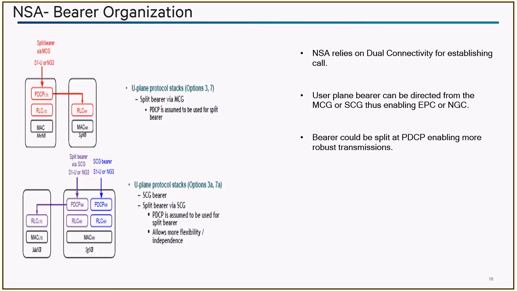So Mayur, SCG and MCG, both bearers can be split or only one bearer can be split? You can do split bearer via either MCG or SCG. If you take release 12 LTE, it used to support split bearer only via MCG. The secondary cell cannot do a split bearer, that is, the packet can't come to the second cell and then be routed towards the first cell. But in case of 3X, that is what happens. The packet comes to the gNodeB, is split, and something is sent to the LTE eNodeB. Okay.